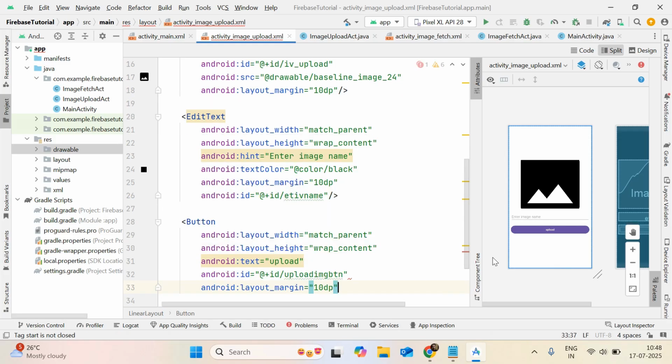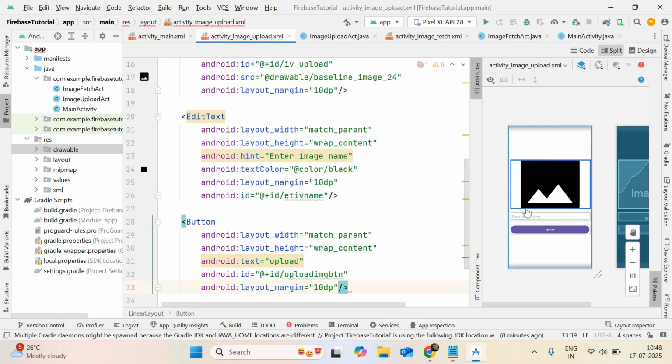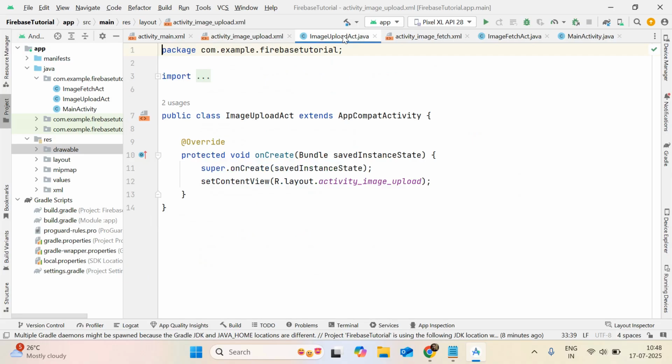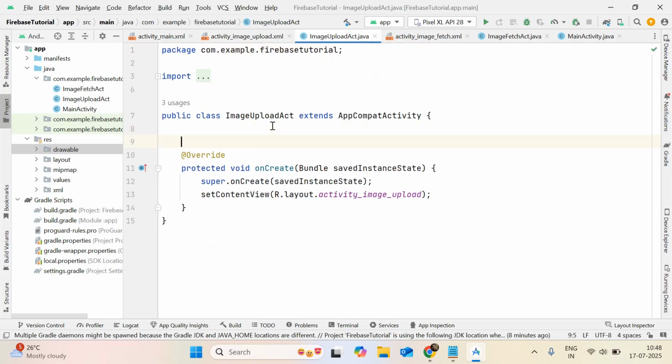Fine. Okay, then close it. So now we have a very basic activity, which is an image view, an edit text, and just an upload button. Okay, so now we will go into this upload activity, and here first of all the things that you're going to need is